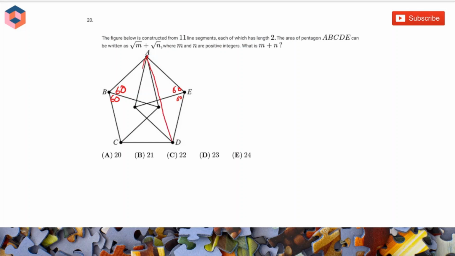And symmetrically, we'll draw this line in. And no, that isn't necessarily a straight line. This part isn't necessarily a straight line. I'll make it a bit more obvious. Okay. So now, this is the same as finding the area of triangle ABC, AED, and ACD, and adding them